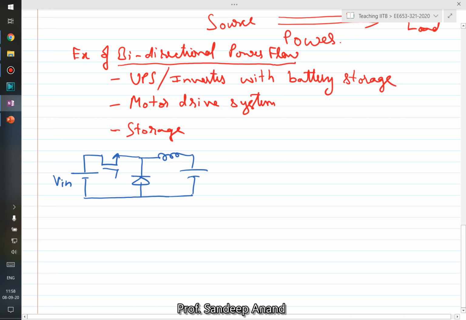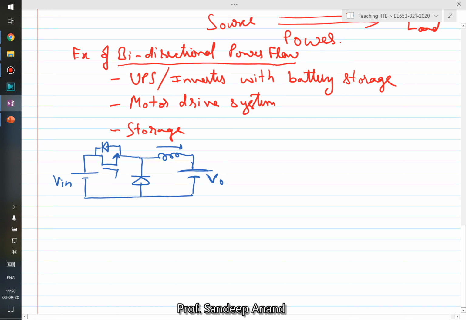I'm showing sources on both sides, so you can think of it as two batteries, battery Vin and battery VO, so that when you are drawing power from the output, your source is still capable of supplying power, right? Now in this buck converter, if you see,